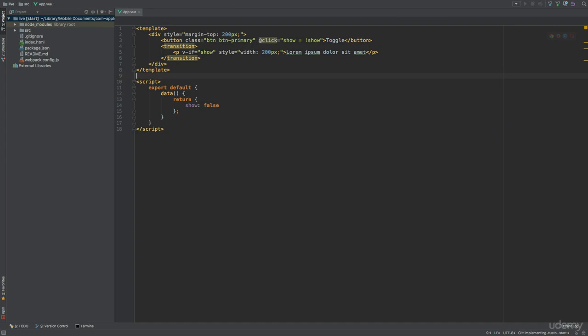Okay, so we just saw how to add animations to a paragraph, for which we also used the transition component. Now we cheated a little by using the animate.css library, so let's try to implement a custom CSS animation instead. For the interface, we used a pulse animation in the previous lecture, so let's stick to that and implement it